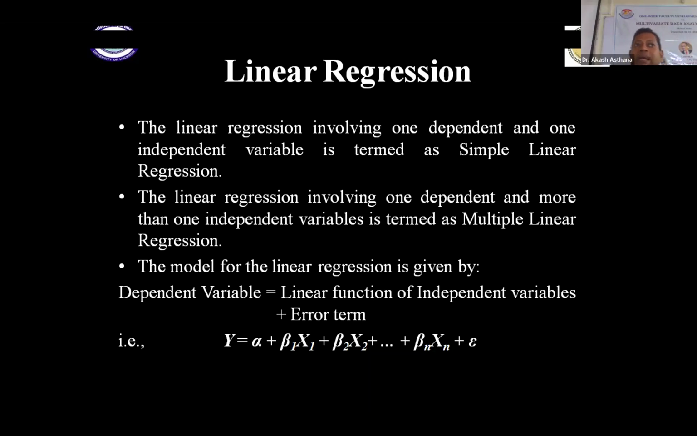More than one independent, not dependent. If we are using more than one dependent, then that is a different case that you will study in canonical correlation. Okay, that will be covered on the third. For linear regression, we have the model: dependent variable equals a linear function of independent variables and error term. Error term